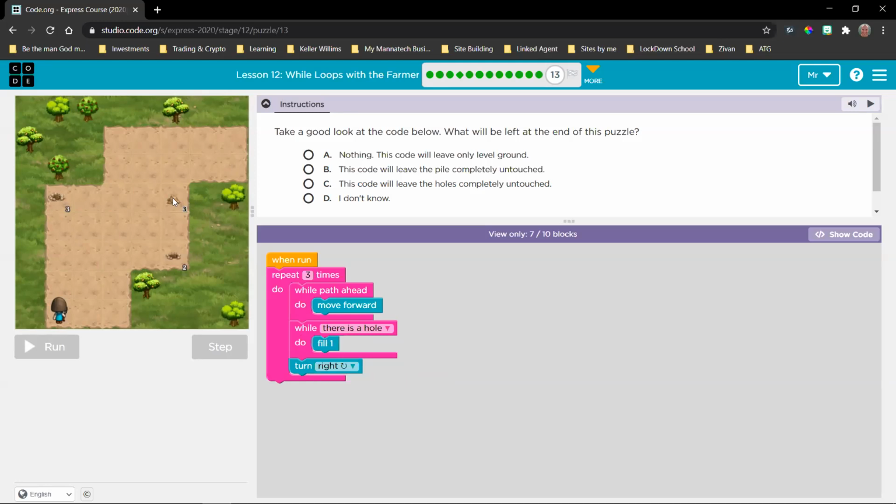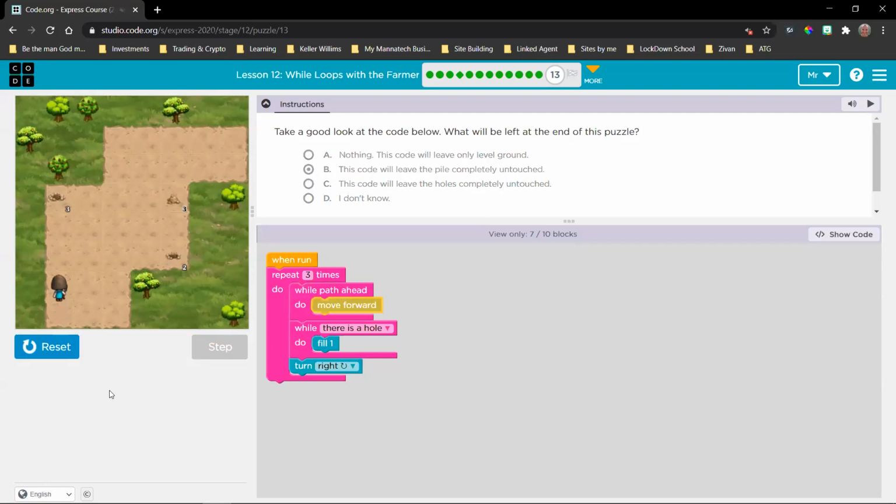Then we're going to move forward again because we have this on 3. We've only done 2 now, 1 and 2. And we have this conditional in place there. So we are going to go from there on that pile down to this hole here. And once we get there, the move forward is finished, so that's not going to continue. But we can now fill the hole. Okay. So mine is also, my guess is also B.